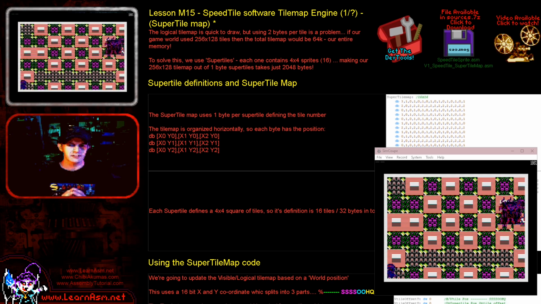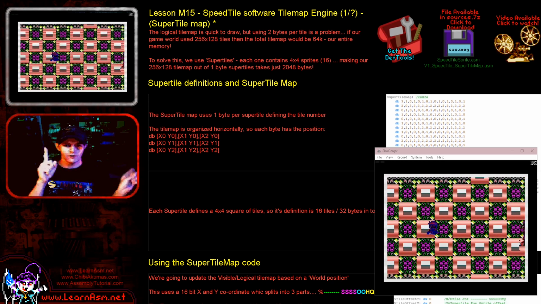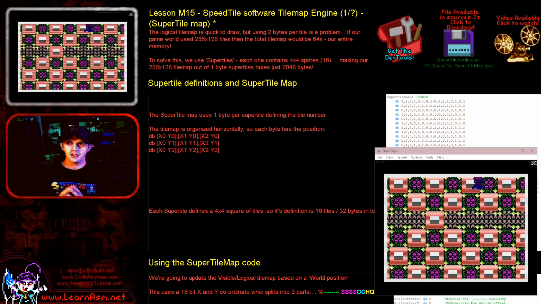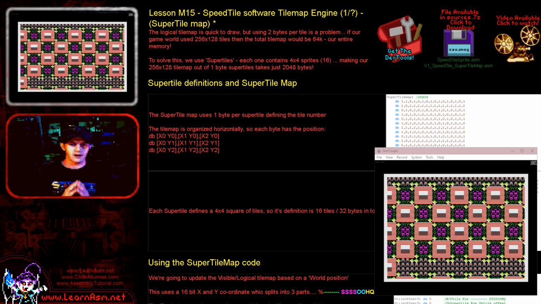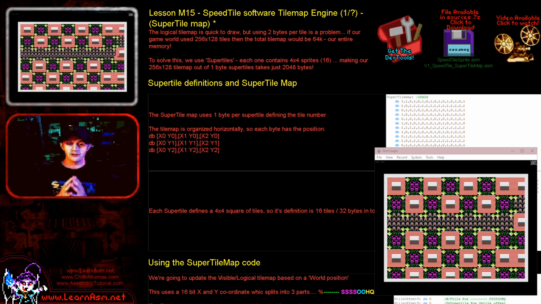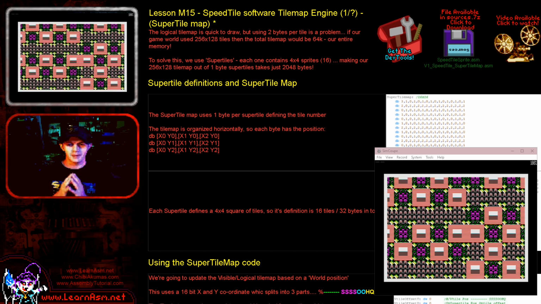We're going to be looking at the software Tilemap code. You can see it scrolling away all over the place here. And today we're going to be discussing something known as the SuperTile map. What's the SuperTile map? Well, first of all, let's discuss the problem we're going to have with making our scrolling